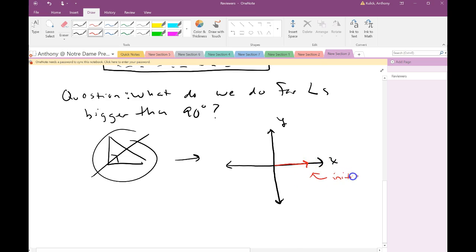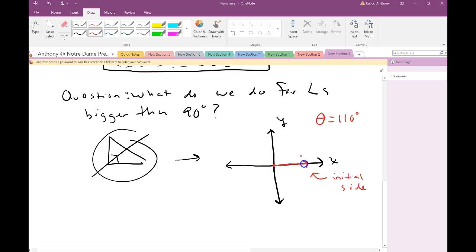We call this the initial side of our angle. And the other side of our angle is going to pivot at the origin and can rotate any number of degrees around the origin. So we'll start at the initial side, but if I say, what if we have an angle of like 110 degrees,